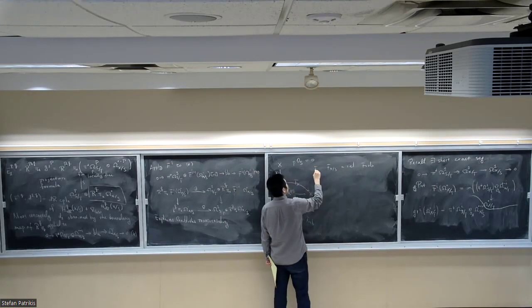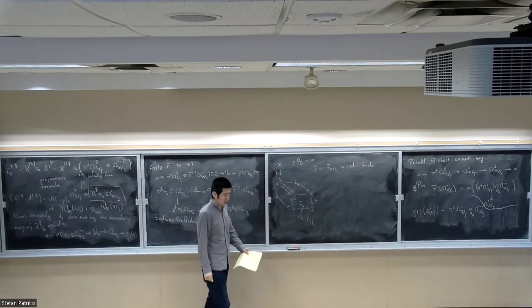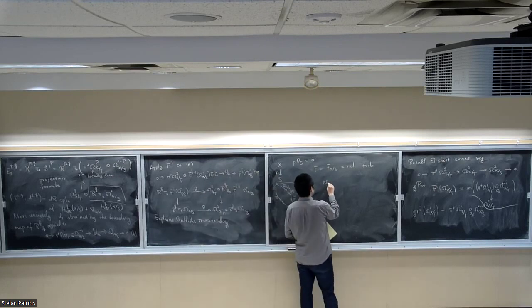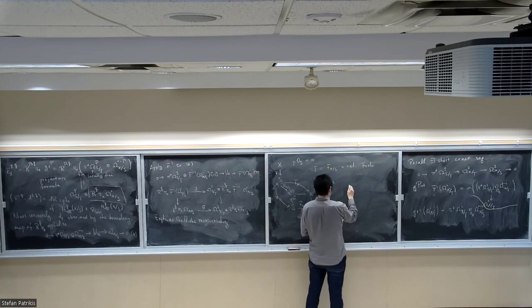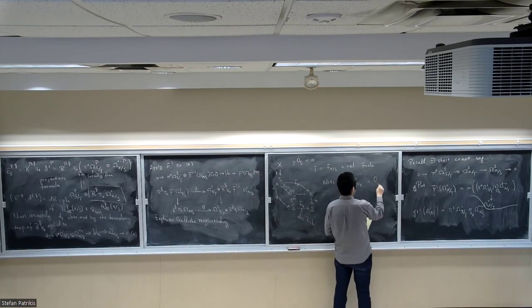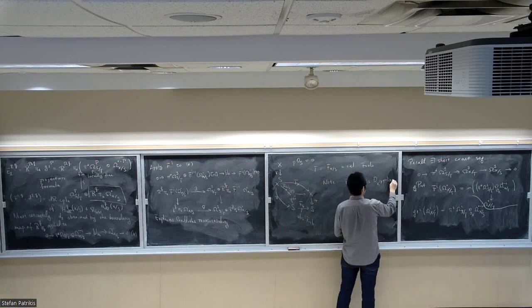In the following, I'm going to write the relative Frobenius simply as F. Note, if I do relative Frobenius pushforward of the de Rham complex, this is O_{x^(p)}-linear,